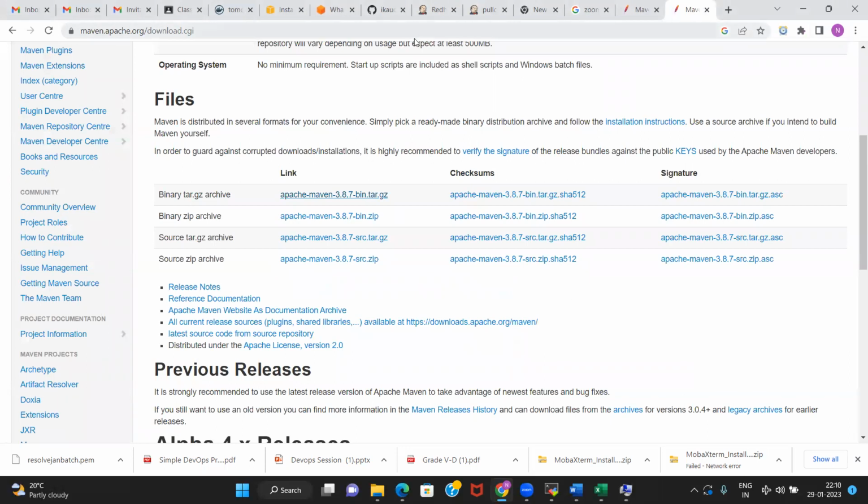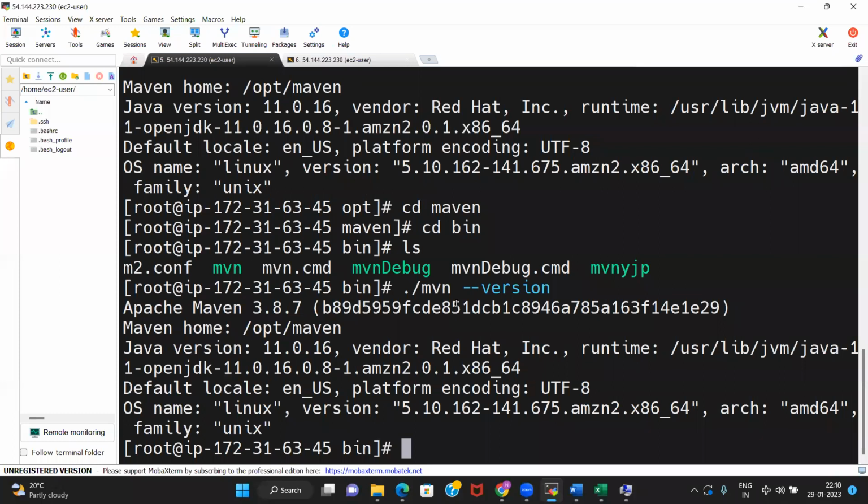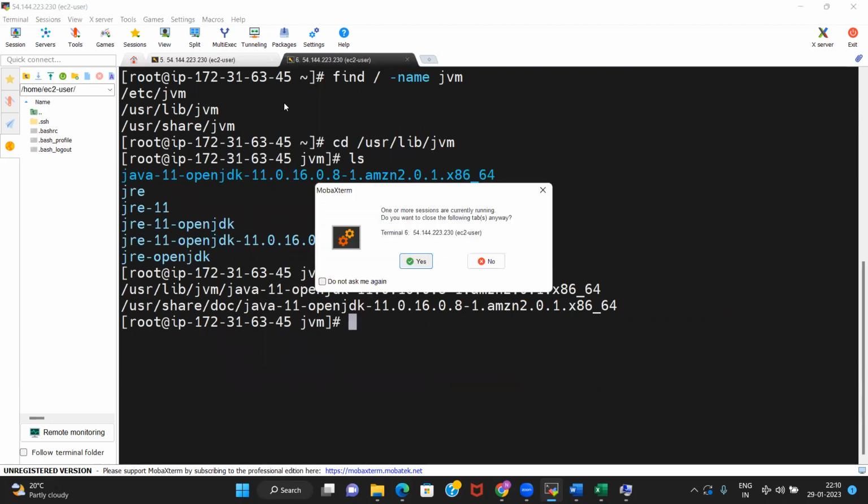So let us continue further. We have done our setup for the server for Maven.